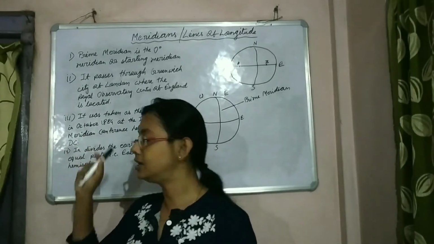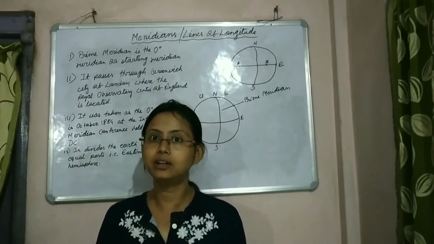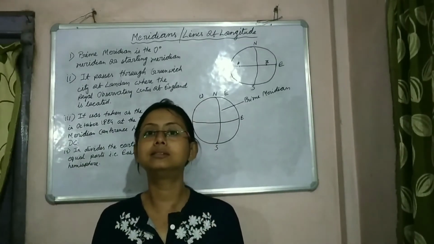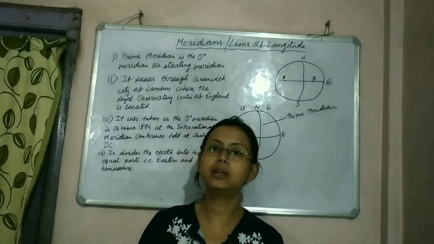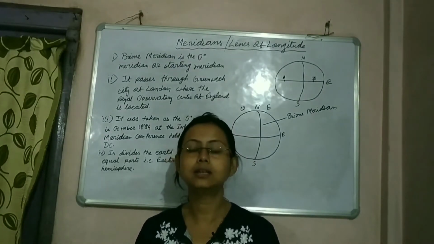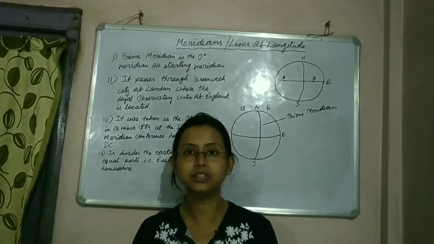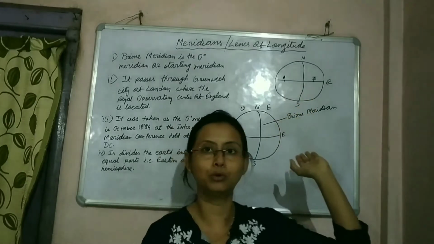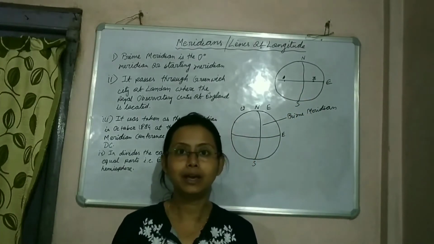But in the case of meridians, it is not like that. I have said that there are 360 meridians in total on the earth, and all these 360 meridians look the same. When I say that all the meridians look the same, what does it mean? I said this because the length of all the meridians is the same. The 360 meridians which are drawn on the surface of the earth from the north to the south pole all have the same length. That is why they look the same from everywhere.